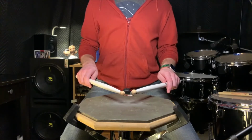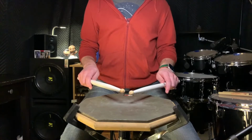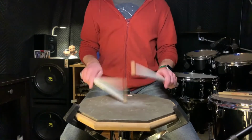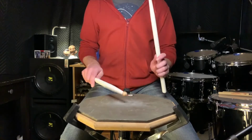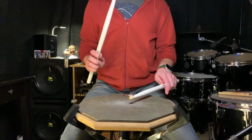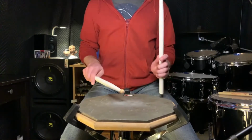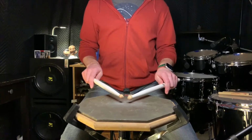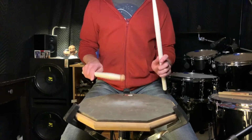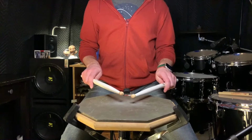Let's move between both hands, leading with our dominant hand. Downstrokes. 1, 2, 3, 4. 2, again, and 3, again, and 4, again, and